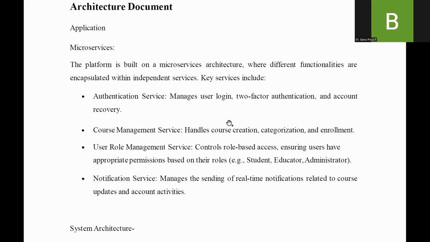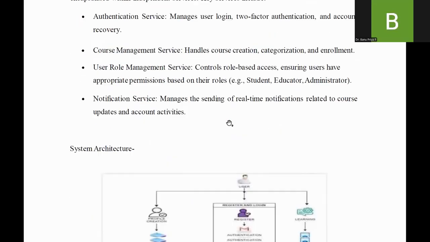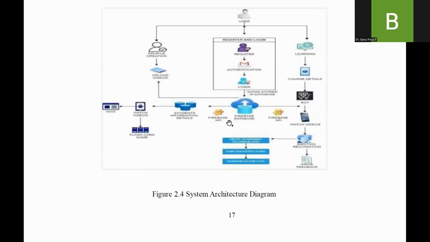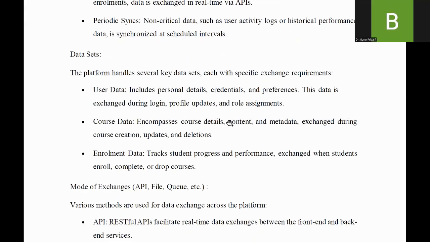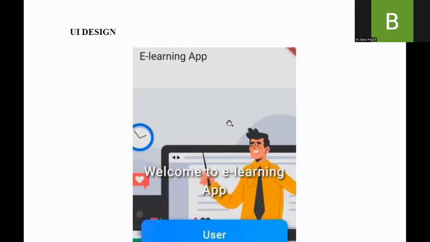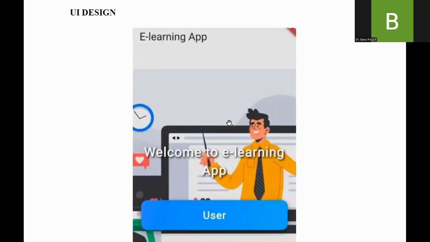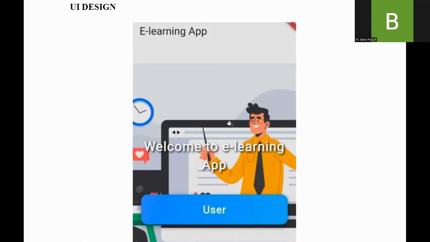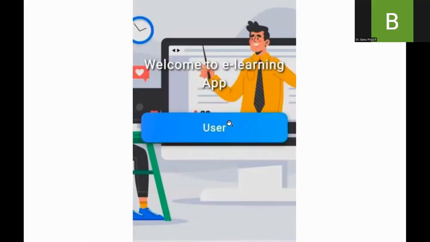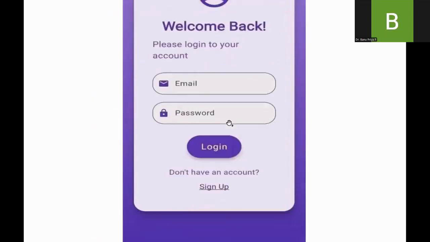So for this, make sure we have an architecture document. The next step is having an architecture document, which will also be updated or uploaded in your MS Planner. The architecture document can be a system architecture document. You can follow any system architecture document, right? And you can take any UML designs. And finally, this is the result that this particular application has built. The e-learning app, they have got this result.